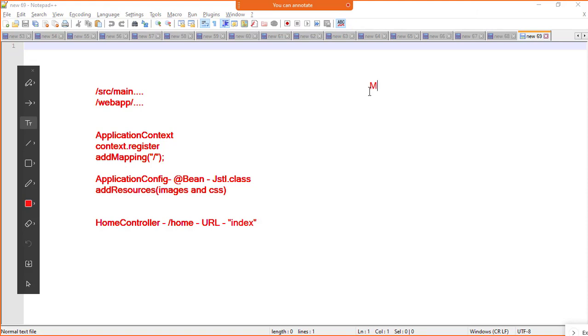We made sure that in the POM we add the 5 dependent jar files: Spring Web MVC, the Javax Servlet API for JSP, and JSTL. Total 5 we did, one for servlet, another one for JSP. Now what we are going to do is create a similar project using Spring Boot.